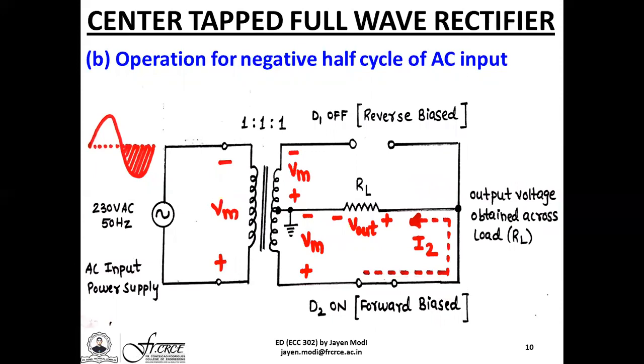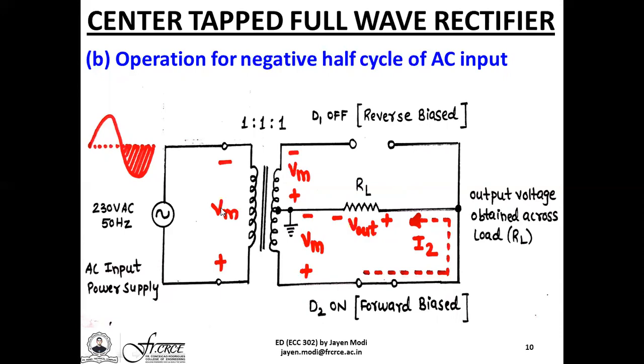Under these conditions, diode D1 is off, that is reverse biased, but diode D2 is on. So when D1 is off, you have a voltage of minus and plus, minus and plus. With the left hand side being anode and the right hand side being cathode, you have a voltage of minus Vm, minus Vm. So the total voltage becomes minus twice Vm. So similar to D2, diode D1 also has to withstand a reverse bias voltage of twice the capacity of the AC input signal.